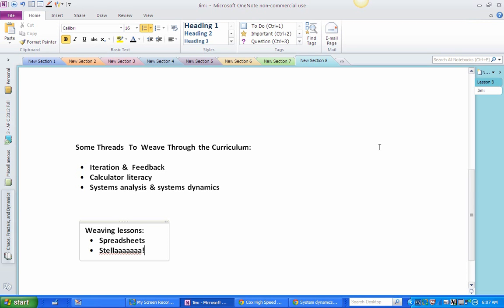Stella and related software. The systems dynamics software known as Stella is very, very expensive and I don't necessarily recommend buying it, but there's other available stuff, particularly in the NetLogo free software. They've got some real nice systems dynamics options, and there are other free versions and also cheaper versions. And let me show you what this is.